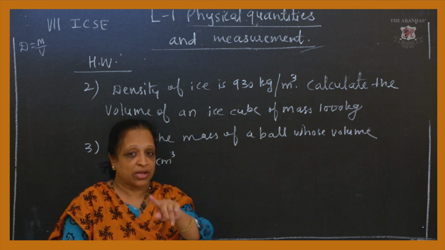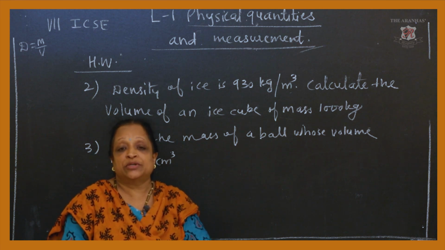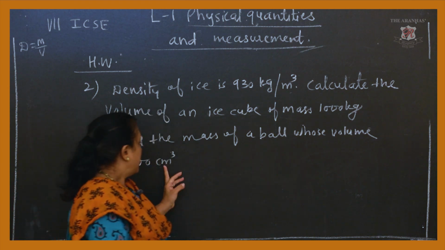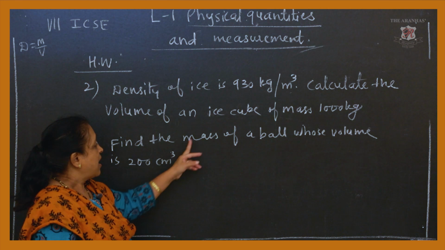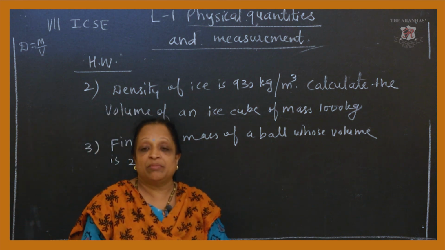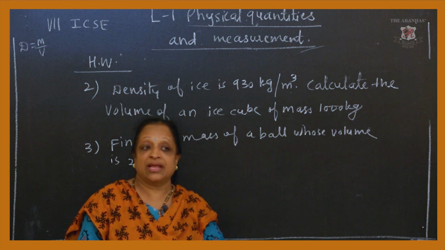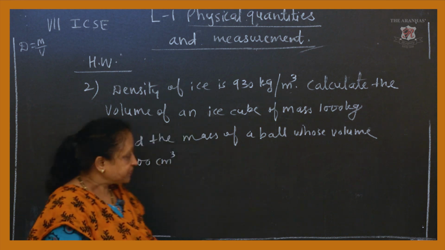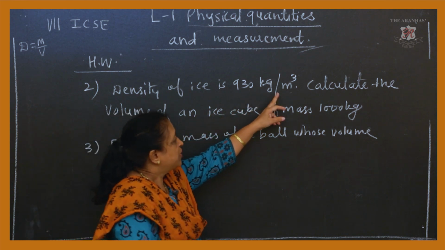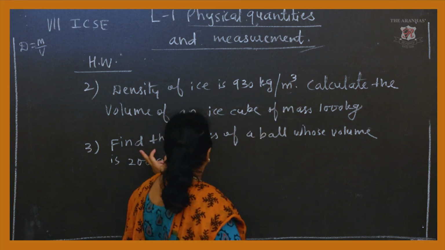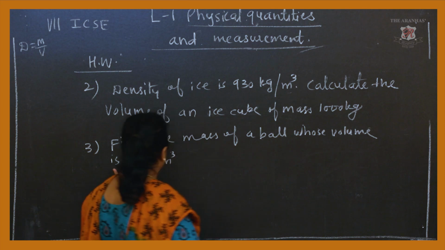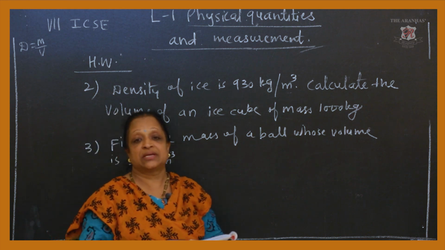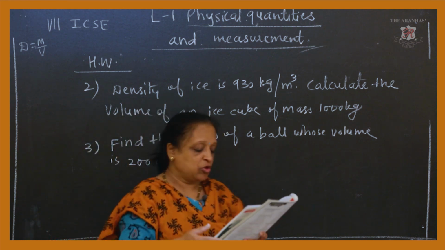If it is in grams, I am talking about the density, grams per cubic centimeter, that is density. Volume we have seen, it is cubic centimeter or cubic meter, and mass will be either kg or gram. But now the question comes, should I write kg or should I write grams? When should I use these units of measurement? When kg per cubic meter is given, or when the volume of a ball is given in cubic centimeter, obviously the mass must be in grams, because it is cubic centimeter.